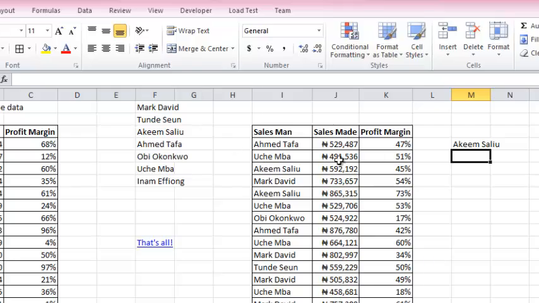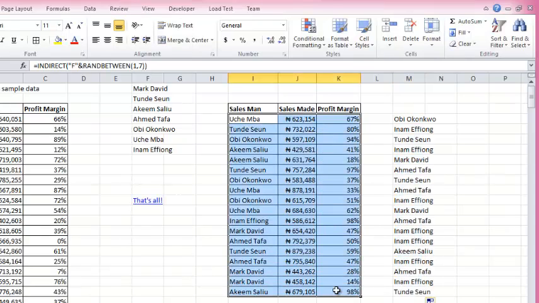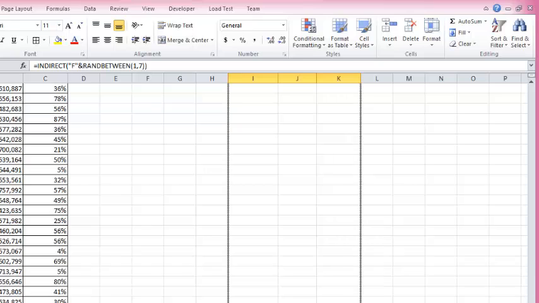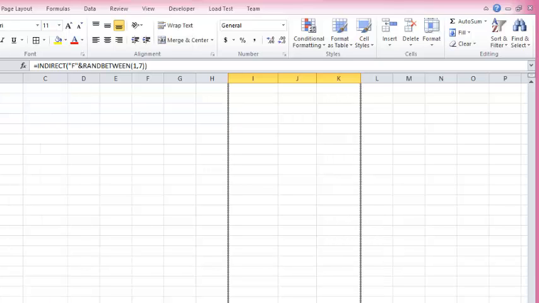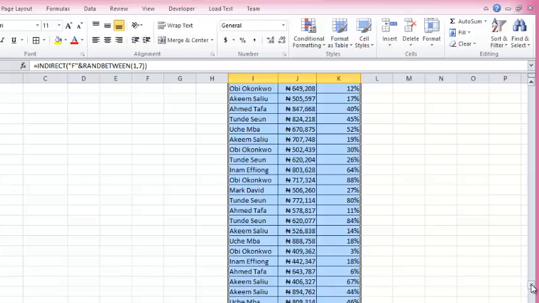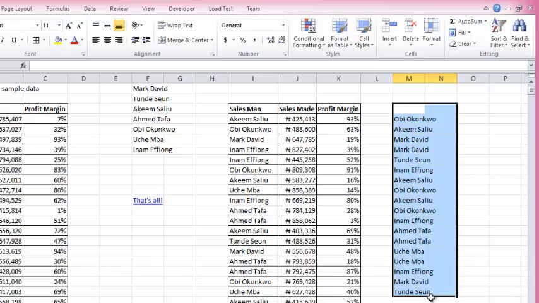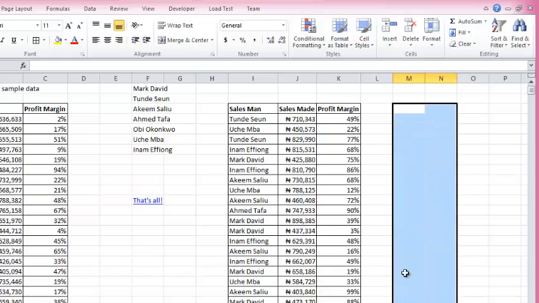So this is how you use INDIRECT. I can drag this down, it keeps doing it, and generate as many random entries as I want. Let's go down as far as 646. So it's very handy. I use it a lot during my Excel trainings when I need to generate random values